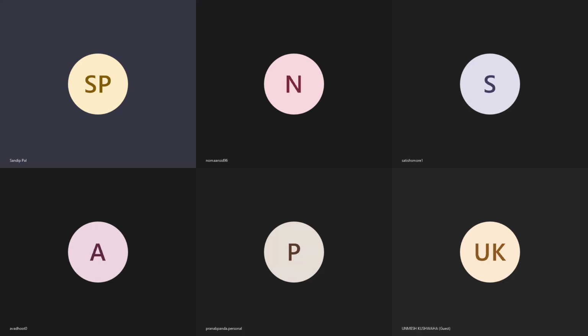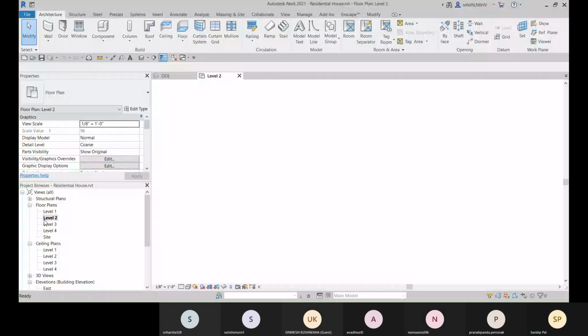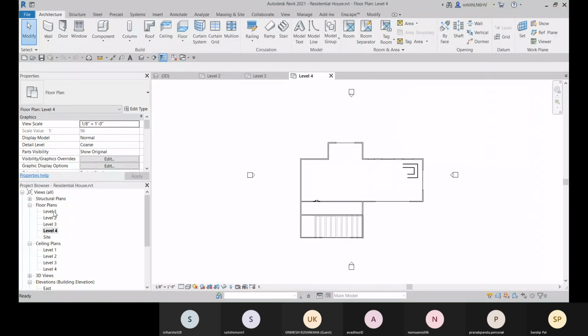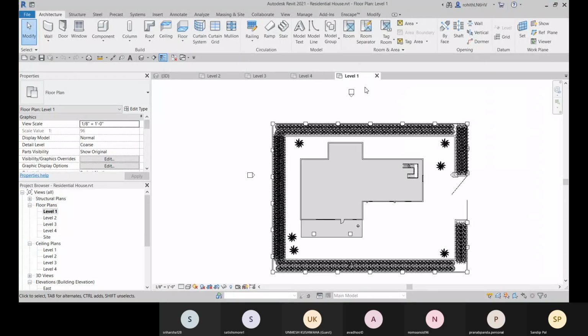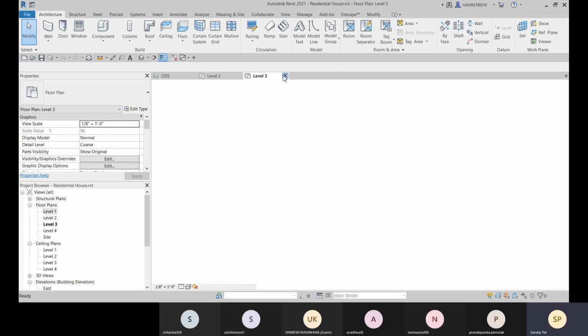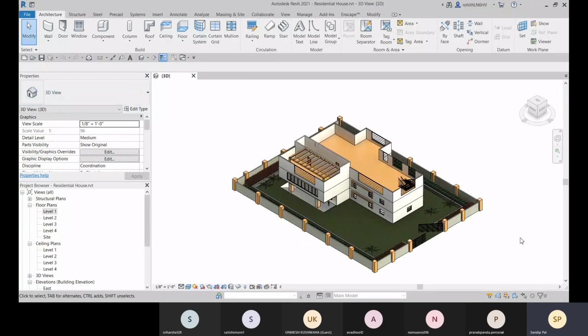To any plan view over there. Okay, so this is, let me open any other file.